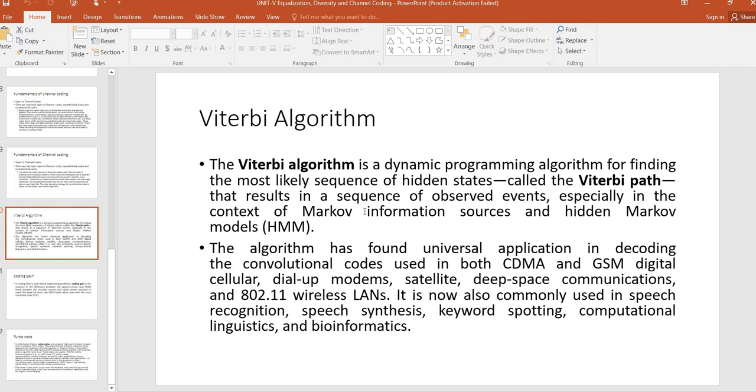This is based on the Viterbi algorithm, and this convolutional code is for decoding. Applications in decoding the convolutional code are used in both code division